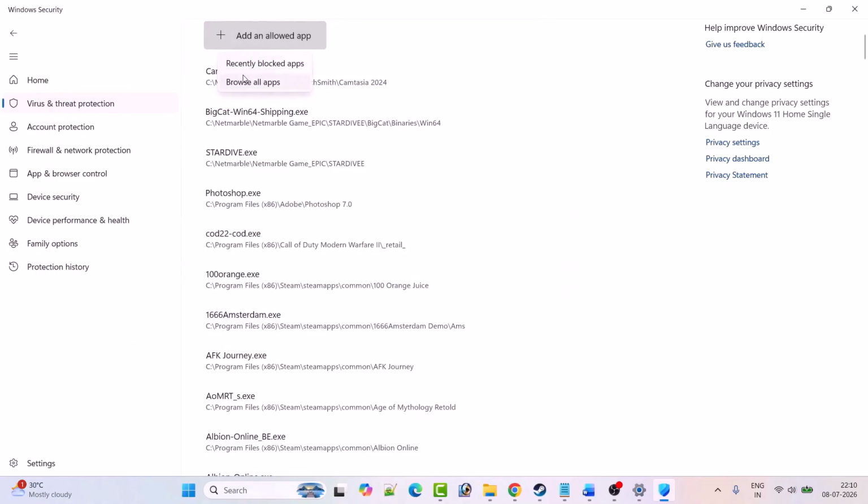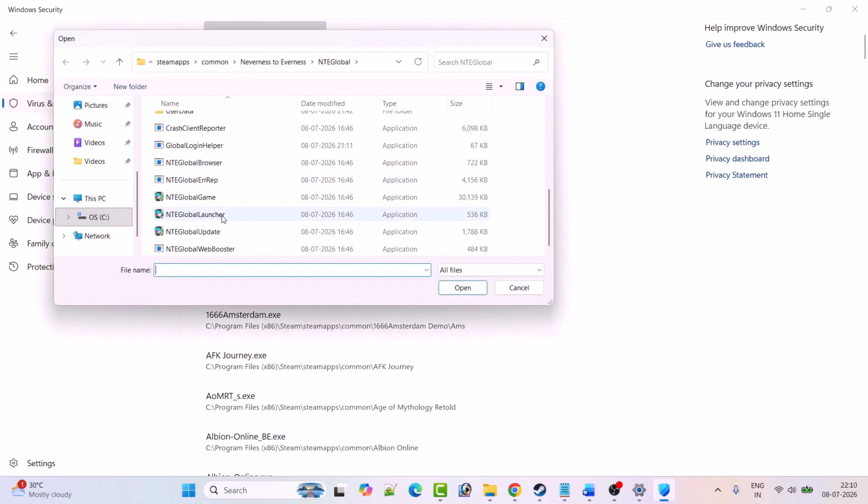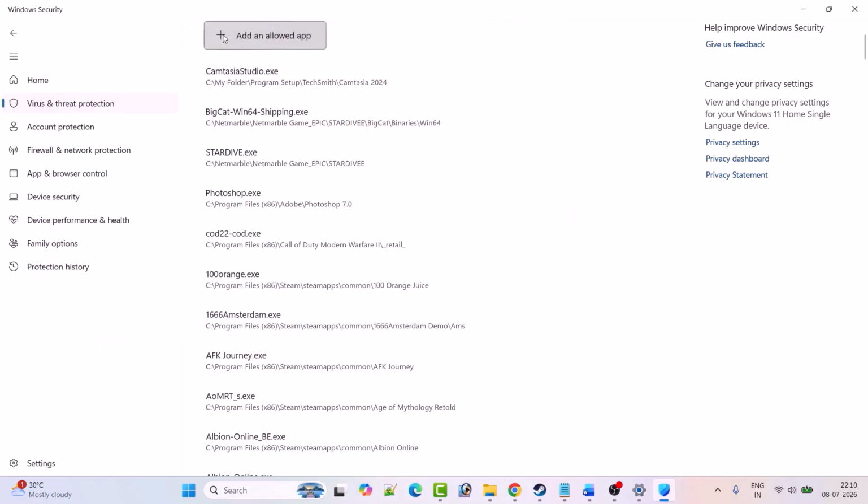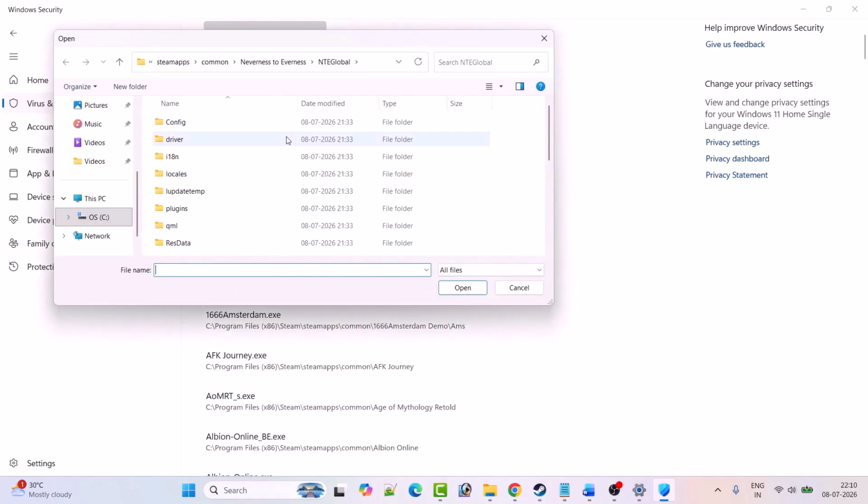Again click on add an allowed app, browse all apps. This time select NT global launcher exe file and then click on open. Again click on add an allowed app, browse all apps. Now go back,